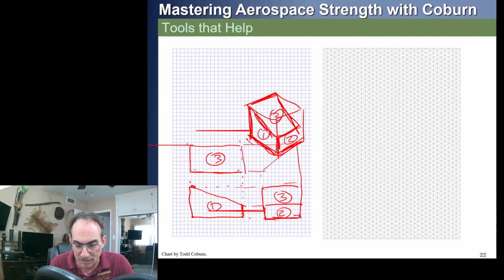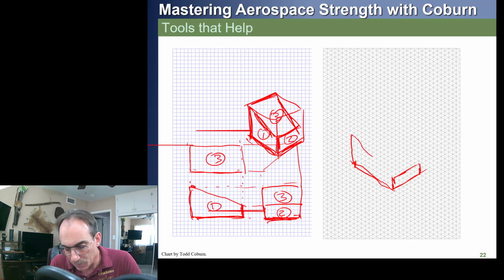Now if we have this 3 view and we want to draw it over here, you can do the same thing. Once again, you'd find a starting point. You'd take this dimension here and you'd lay it out here, right? You take this dimension here and you'd lay it out here, and then you would take the height of the thing, you'd lay it out here, and then you take this height and you lay it out here, and then you follow this isometric line, and then you connect these 2 points, and you take this same width,